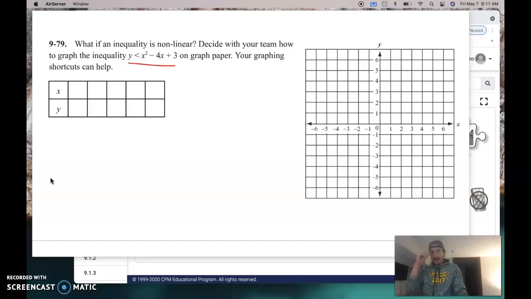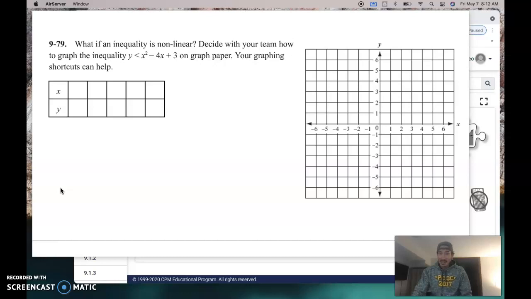Well, obviously we don't have a team here. It's just you who are watching the video, me who's making the video. And we can use some graphing shortcuts to give us some help here. And what I'm going to do real quick is remind you of something you may have seen before,